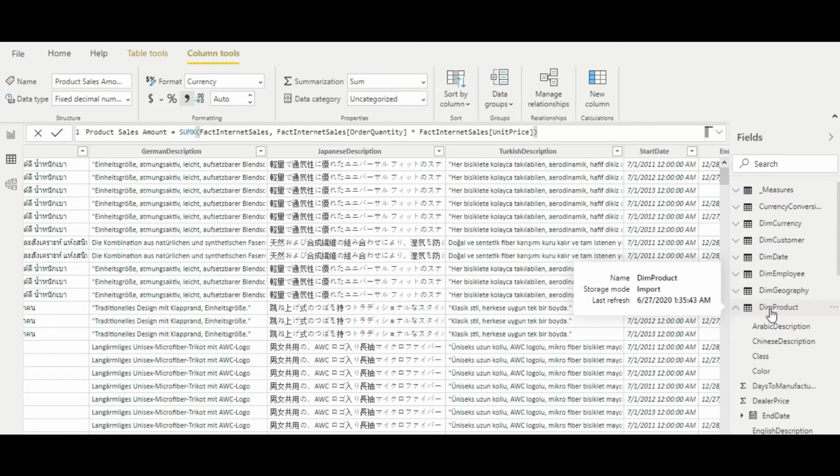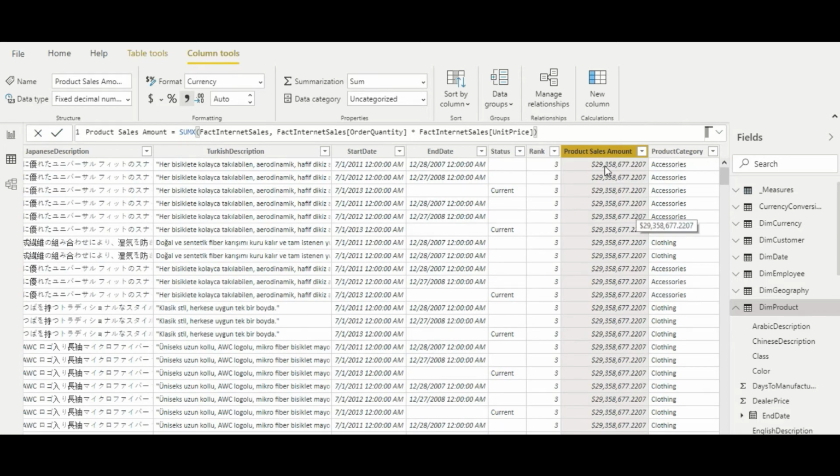So the problem statement is that we need to use a calculated column and the row context, basically the aggregation function inside the calculated column. So let's see what happens. What I have done here, as you can see on my screen, is create a new calculated column, and this is the code for it: SUMX over fact internet sales, calculating the sum of sales amount. So what do you think would happen if I press the OK button, and what calculations will it do? Just pause the video and try to think what number we will get for each row.